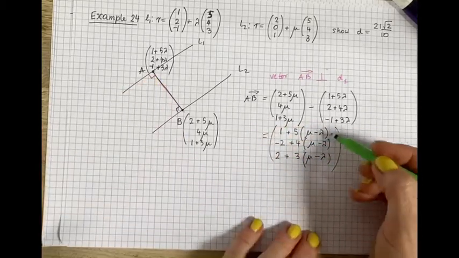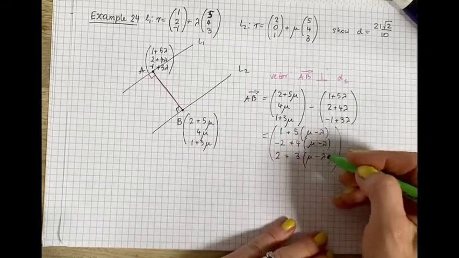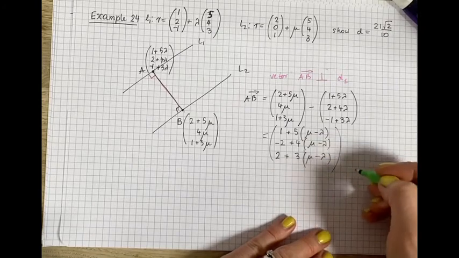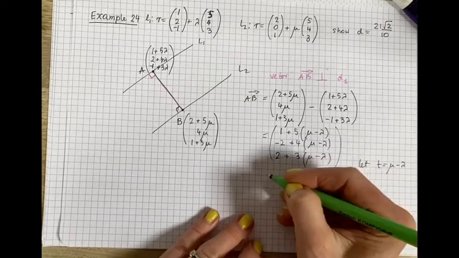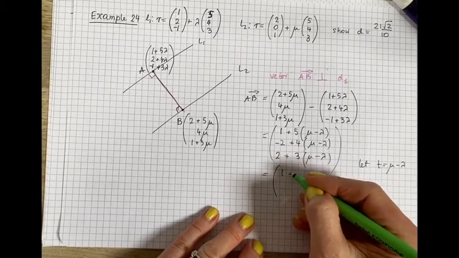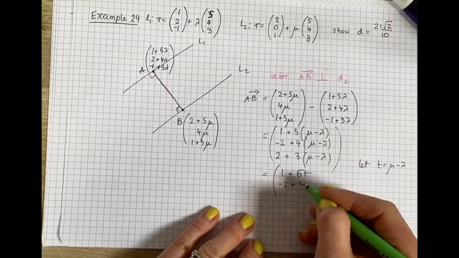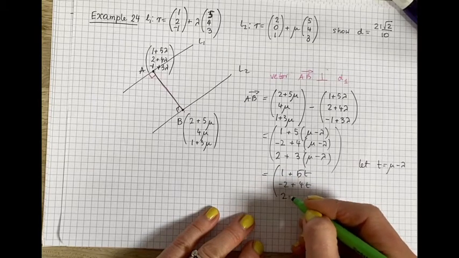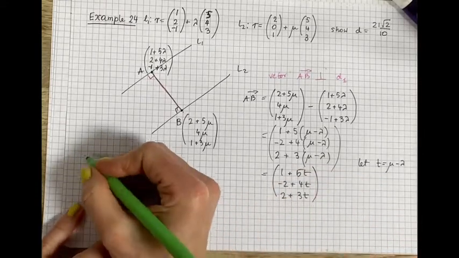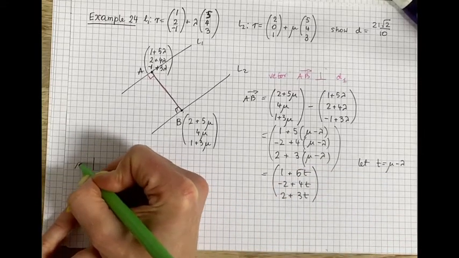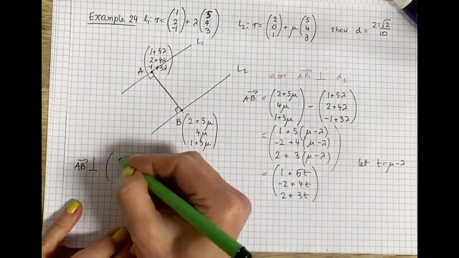Now what you can do, because when they are parallel, these just represent another constant, you could say let t equal mu minus lambda, just so you don't need to write it down so much. So AB is 1 plus 5t, minus 2 plus 4t, and then 2 plus 3t. There you go. We're going to now do the dot product, because since AB is perpendicular to direction vector 5, 4, 3,